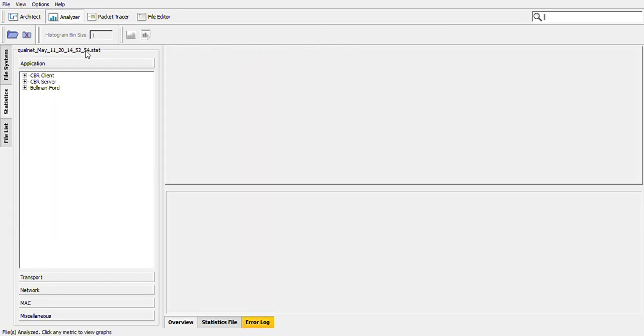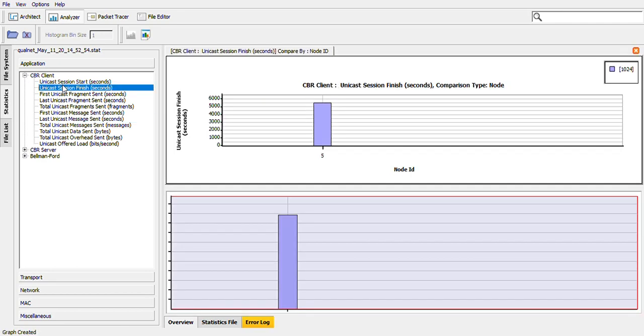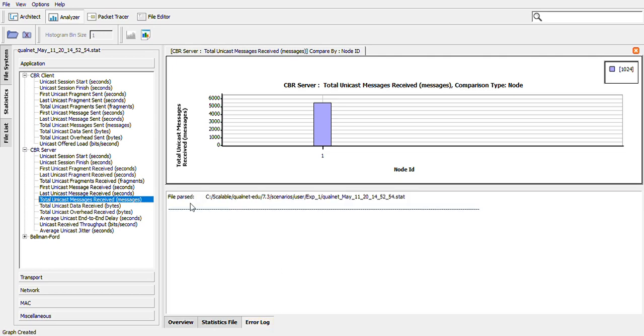So the old files will get updated. Then again, as usual, you can go with the client statistics like this, or server statistics like this, and don't worry about this error log window. It will just say all the files have been passed or updated. Don't worry about this part.